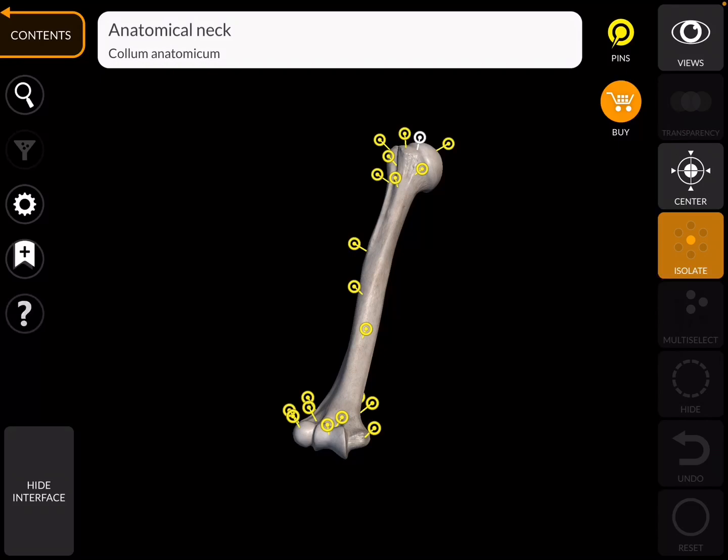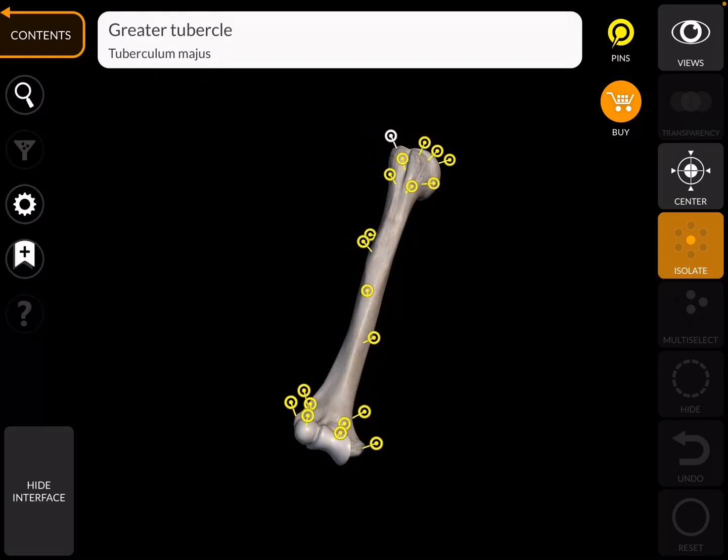So this is its head. It's about 1/3 of a sphere. So it articulates with the glenoid cavity of the scapula to form the shoulder joint. So just after there, we've got a neck that we're going to see here, which is, let me try to